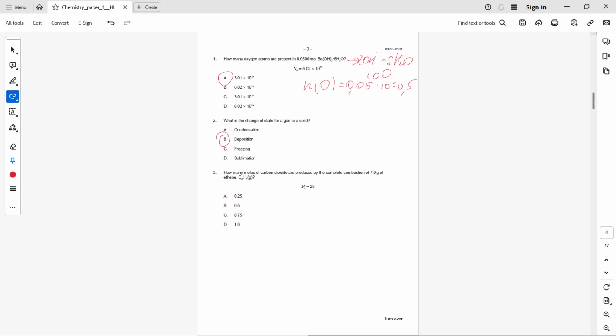How many moles of carbon dioxide produced? So the number of moles of ethane is 7 divided by 28, which is 0.25, but because it produces 2 CO2, it would be